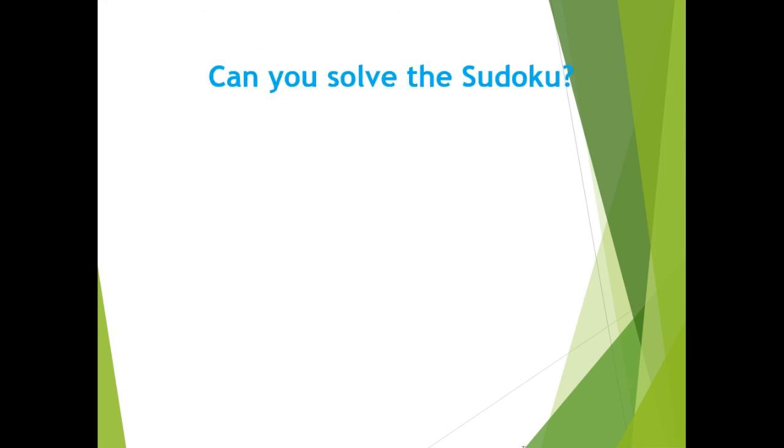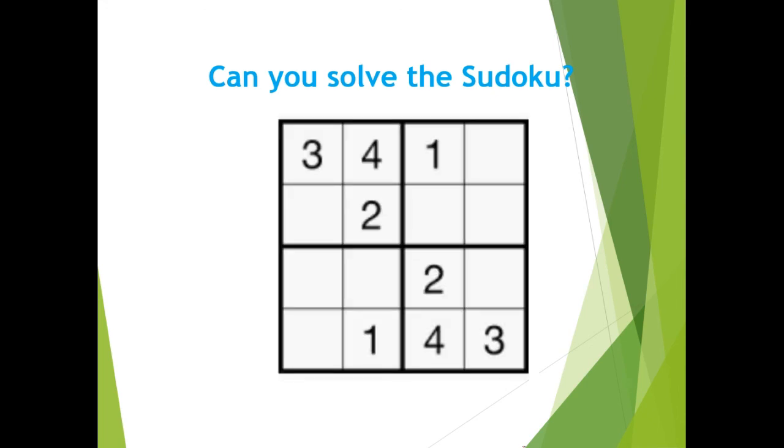Can you solve the given Sudoku? Here an example is given for you. What you have to do, same procedure you have to use over there. Some numbers are pre-filled here. You have to write the remaining numbers in different columns, rows and boxes. Hopefully you can do it easily.